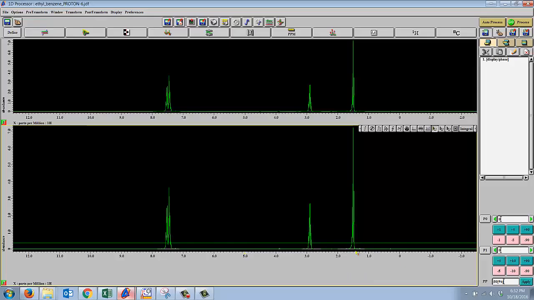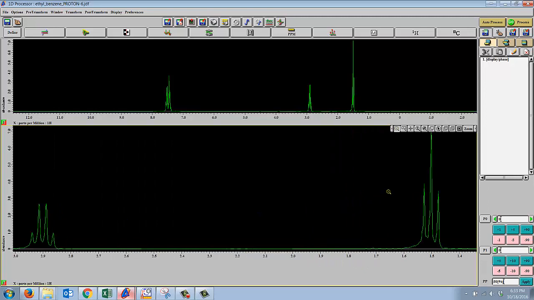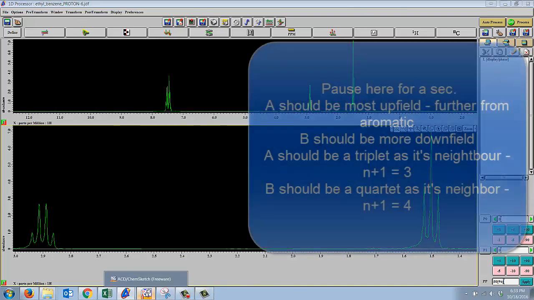I see that I do have some peaks in the alkyl range, somewhere between 0 and about 4. And then 7 to 8 is where my aromatics are, which makes complete sense. I should have 2 peaks in the alkyl range, and I should have some peaks in the aromatic range. So now I'm going to zoom in on the alkyl range. And if you look very carefully, I do in fact see a triplet. It is the most upfield peak, and so when I look back at my compound,